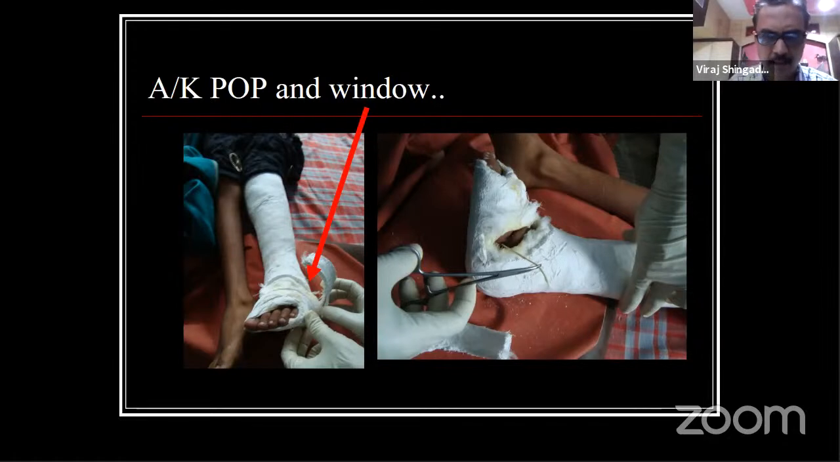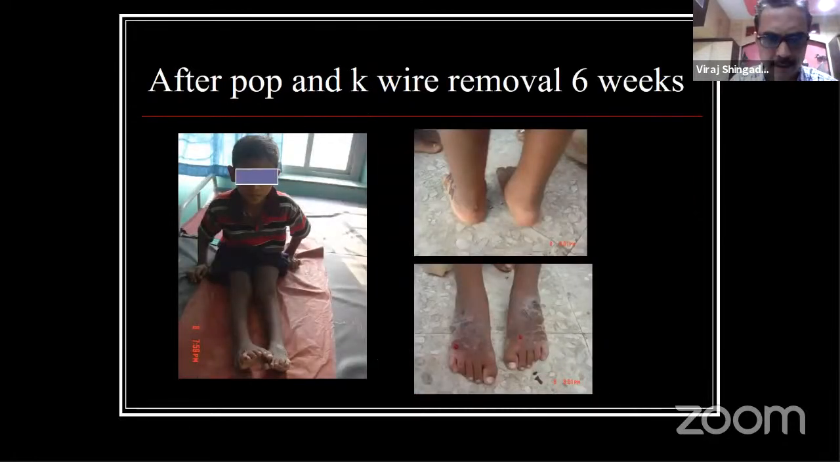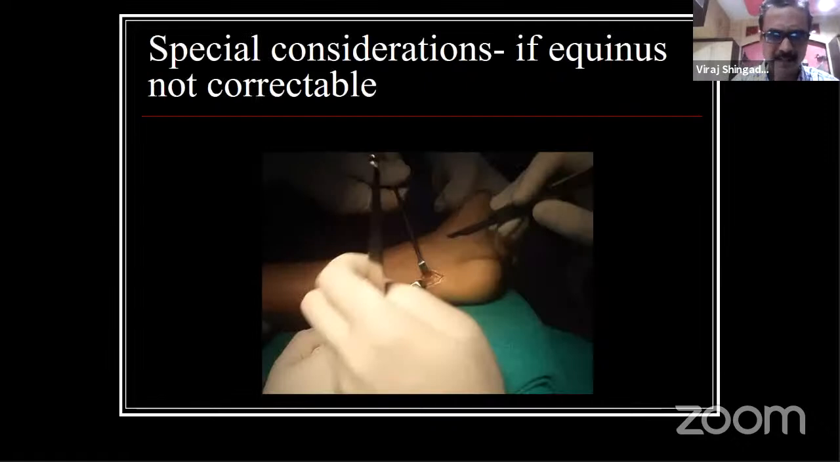And then the patient is discharged on the fourth day and is called at 6 weeks. We took out the wires and then they have to use a simple AFO. And then the special consideration: if the equinus you find on the table is not correctable, particularly in the orthorhaptic foot